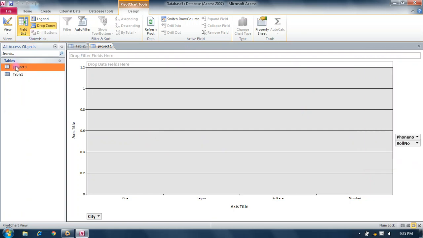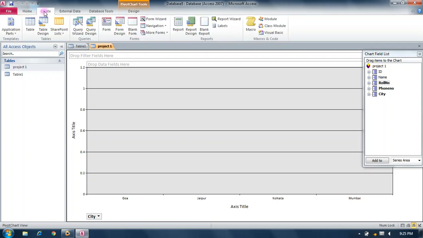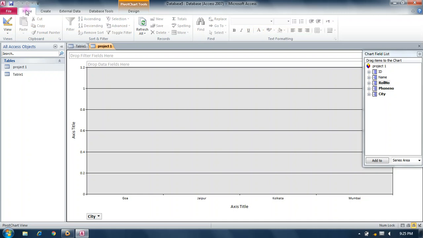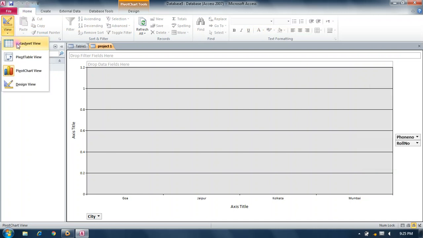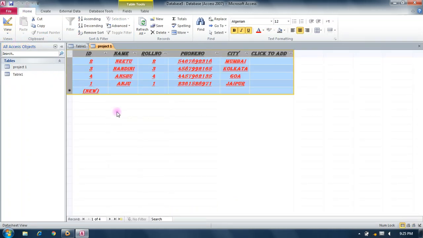so first you create your table from table group, or again if you want to see your table in a table view, datasheet view, select from here.